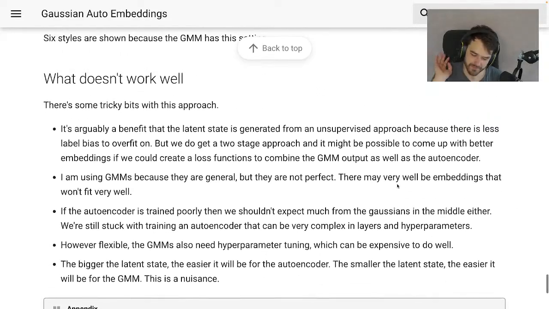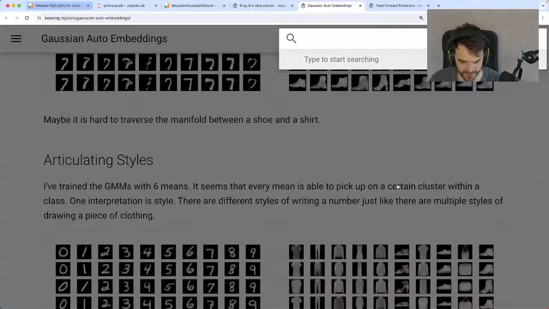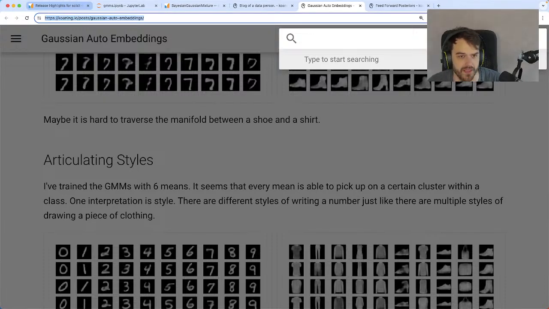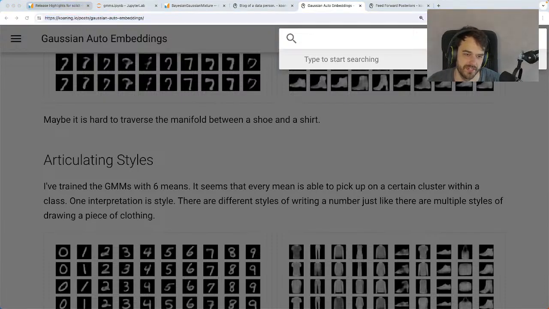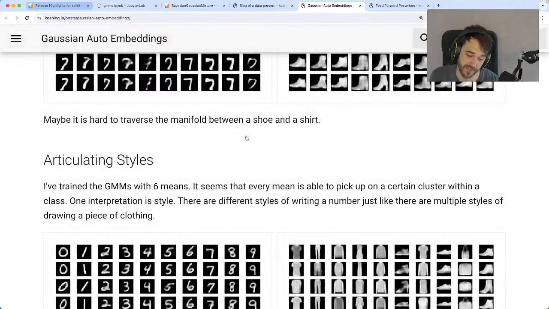But anyway, I can share this blog post if people are interested. Let's actually do that. People might be. So I will just copy this blog post into the chat. This is definitely like, oh yeah, you can also do stuff outside of scikit-learn in neural network land with this. This took me a while to write, but it was definitely a fun experiment, and it would have been way harder to do stuff like this if I didn't have that Gaussian mixture.